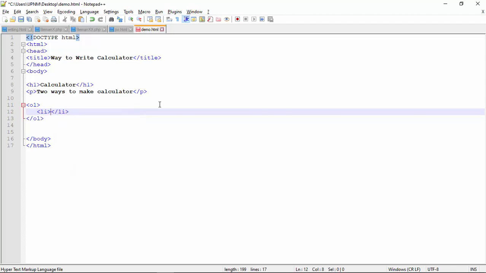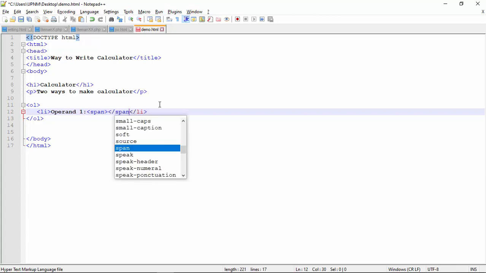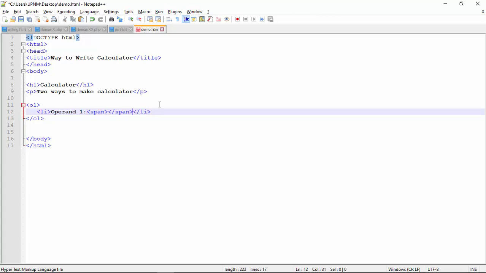Let us recall that I'm making a calculator here. So let's say this is operand 1, and I want to put the source of my operand 1 in between span like this. Anytime that you find what you want doesn't match with what the standard HTML can provide you, you can use span, if it is to be formatted like a sentence in a paragraph.